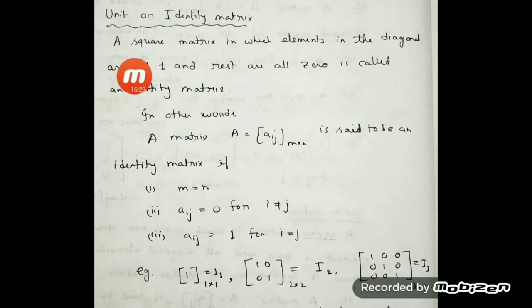Next I'll go to the unit or identity matrix. What is a unit or identity matrix? A square matrix in which elements in the diagonal are all 1 and the rest are 0 is called an identity matrix, similar to the previous one. But the difference is with the third condition. First condition, it must be a square matrix. So a_ij is said to be a square matrix, m is equal to n. Non-diagonal elements are all 0, rest are 0. It means non-diagonal element equal to 0. And what about the diagonal element? Diagonal element must be equal to 1. It can take only one value, that is equal to 1. So here a_ij is equal to 1 for i equal to j.